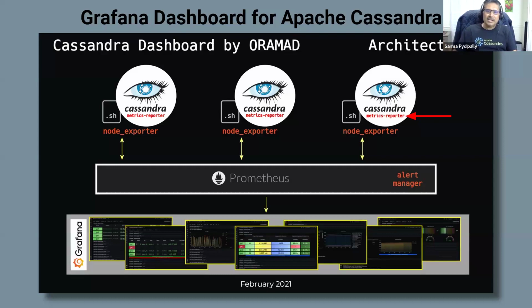As soon as a Cassandra node goes down, that metric somehow is published onto Prometheus, and alert manager can send out alerts saying node went down, or some other alerts like say your compactions are suffering. Let's say that's just an example there. Prometheus is just collecting the metrics in this architecture. I use Grafana to present that. So we want to see all the metrics in a nice representation. So at the bottom layer, the third layer, you see Grafana showing beautiful charts and graphs and stuff.